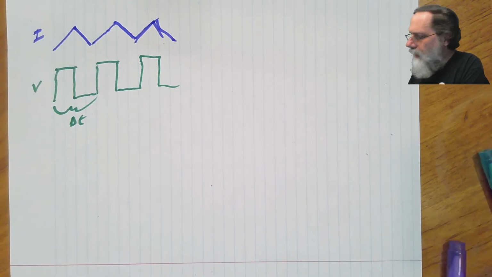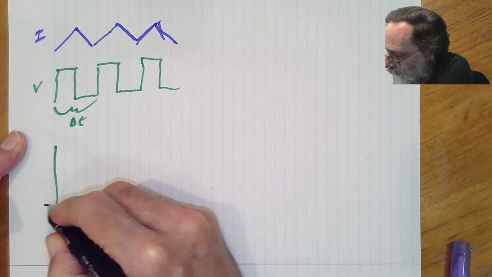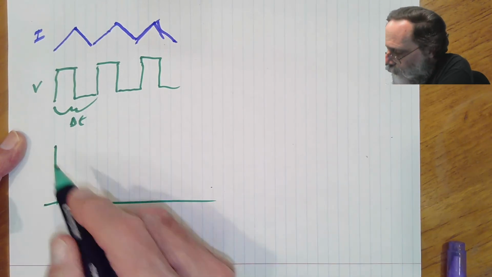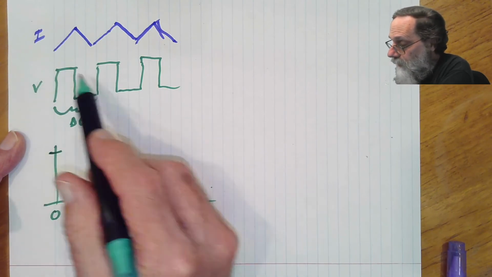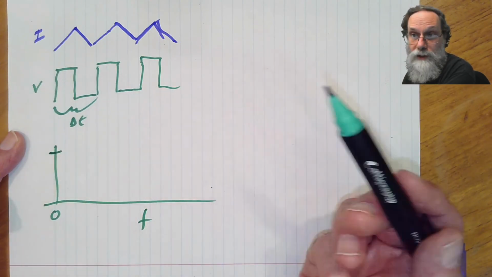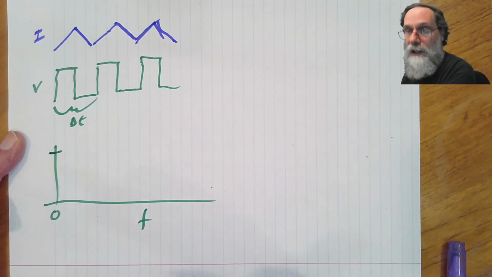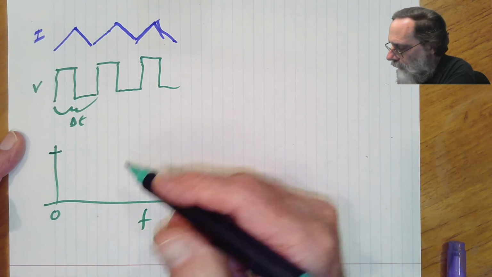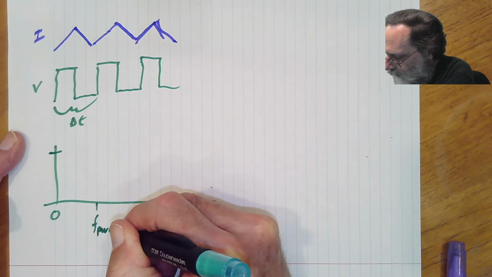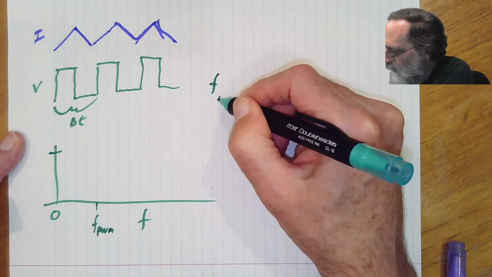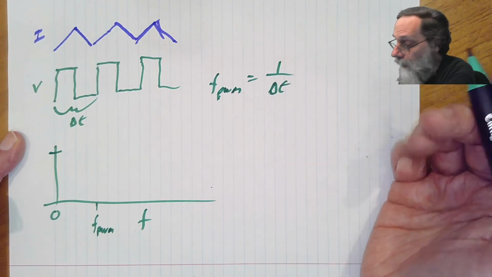If we look at this thing in the frequency domain, so if we say, well, how much energy do we have as a function of frequency? Well, we have an energy at 0 that corresponds basically to what's the average of this signal. Basically, this low frequency stuff here is the signal that we're actually looking at. But we have artifacts here at the PWM frequency. Oh, I didn't give you that term before. The PWM frequency is just 1 over the PWM period.